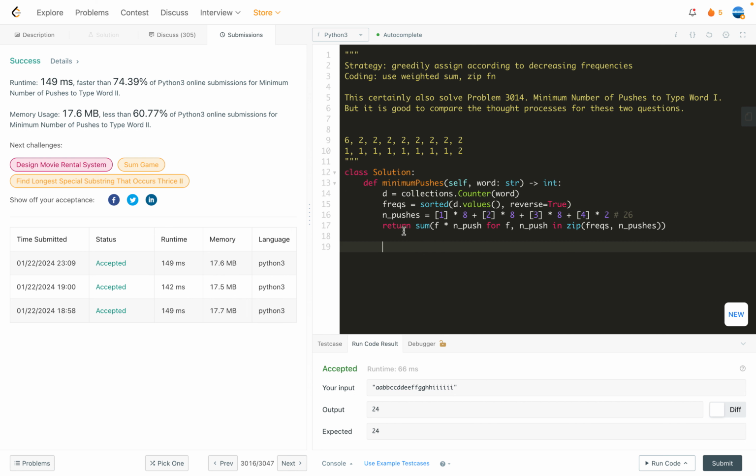So here, actually, I specified some pushes list, and then I do a weighted sum for the frequencies. But you can just use this on the fly, right? If you like, you can further simplify the code. I guess the code for now is compact enough, so we will content ourselves with this format